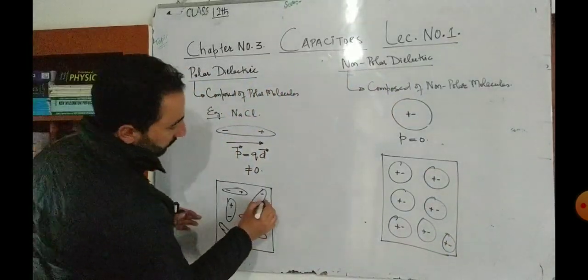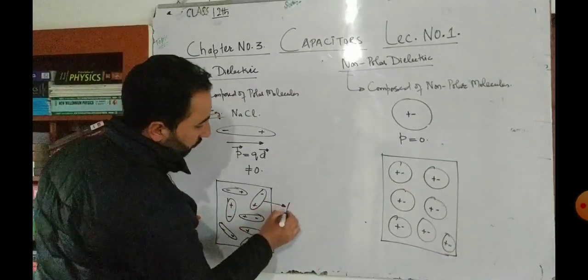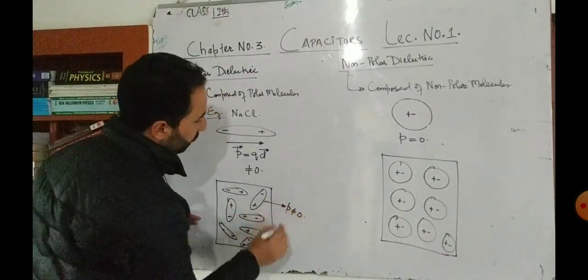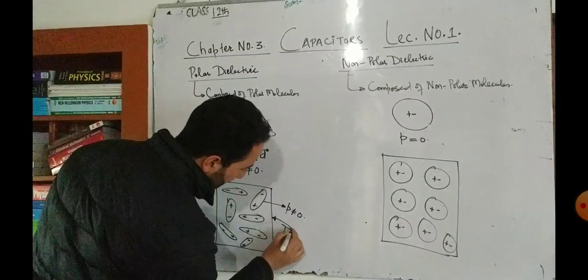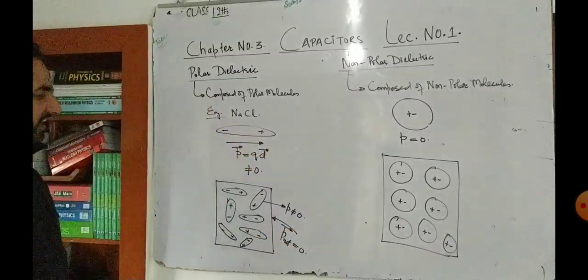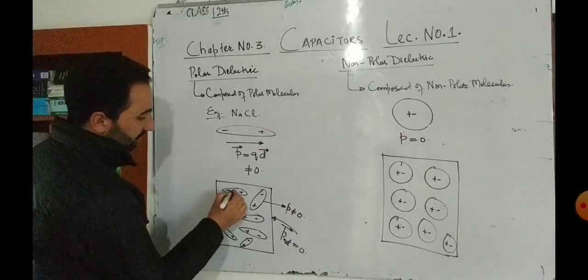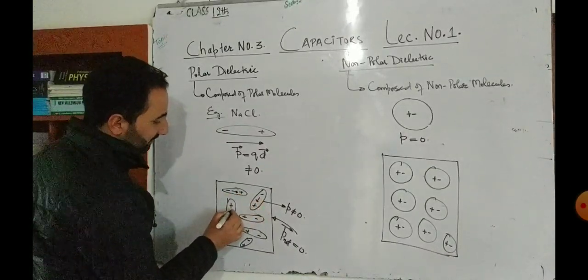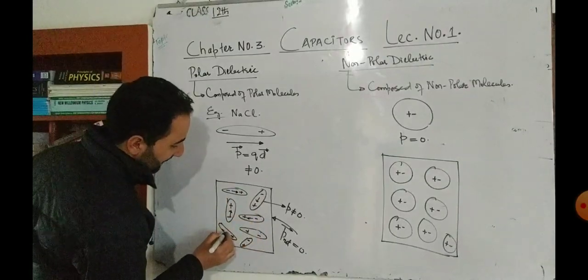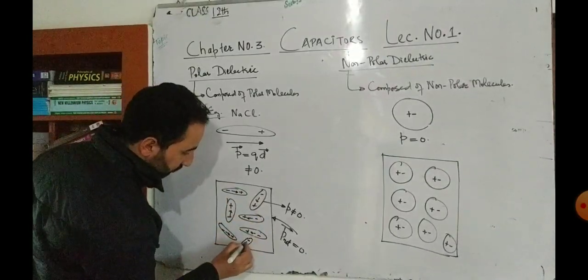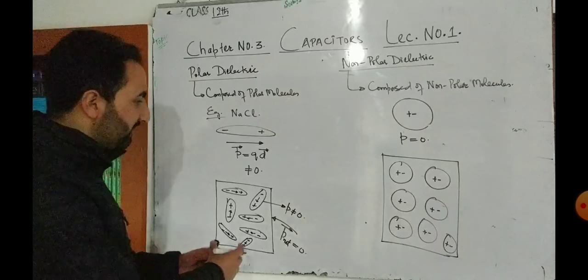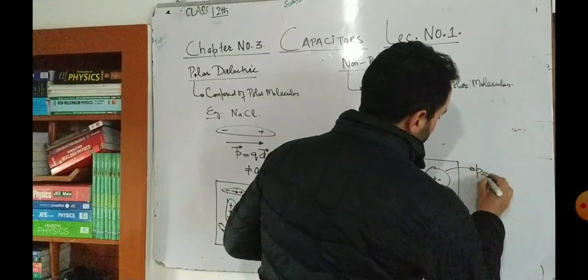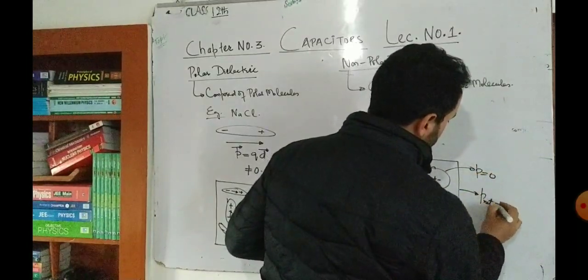Now the dipole moment of each molecule is what? Is it equal to 0? Obviously not equal to 0. So the dipole moment of each molecule is not equal to 0, isn't it? But the dipole moment of the whole dielectric, p net, is obviously equal to 0, because they are randomly oriented. These are small vectors like this, negative to positive, one vector, another vector, another vector. Now they are randomly scattered, which implies that their resultant will obviously be equal to 0. They are like n number of vectors forming adjacent sides of a polygon taken in the same order, so their resultant will obviously be equal to 0. In this very case, the net dipole moment is obviously again equal to 0.